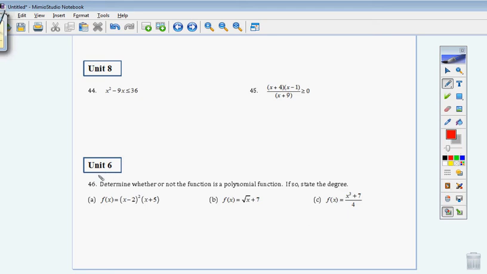Number 6, here we come. We have to determine whether it's a polynomial function or not. Probably the easiest way to refresh your memory is that polynomial functions are smooth and continuous. Remember, they look like this. They could go down like that, quadratics. But anytime there's a vertical asymptote or a hole, any issue with the domain,